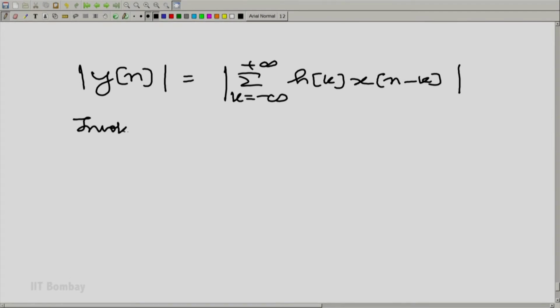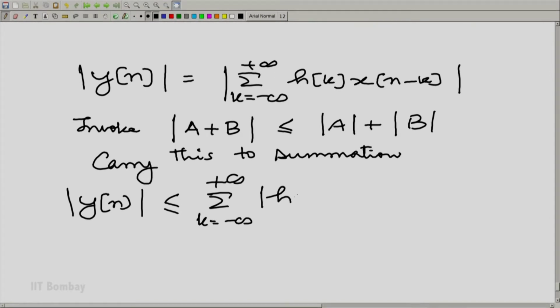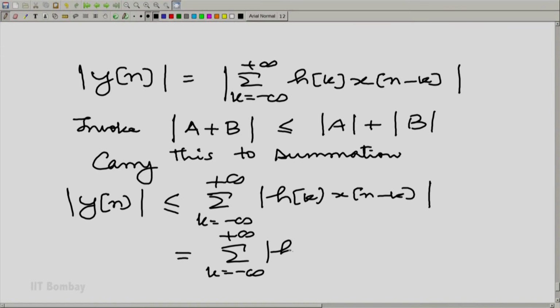But here we invoke the principle that mod of a plus b in general is less than or equal to mod a plus mod b, and carry this to the summation, which means mod y[n] is less than or equal to summation k going from minus to plus infinity, mod h[k] x[n minus k], and this is the same as summation k going from minus to plus infinity, mod h[k] mod x[n minus k],